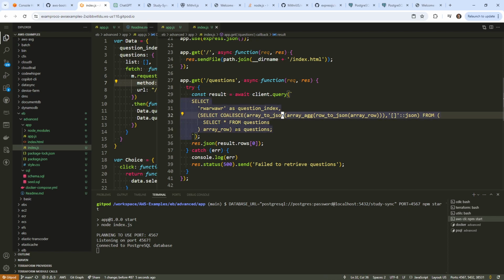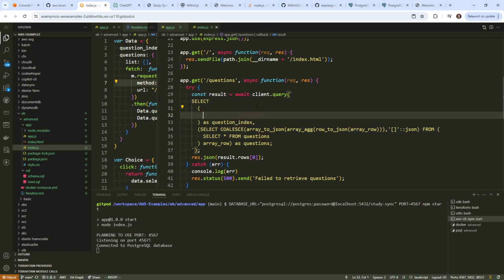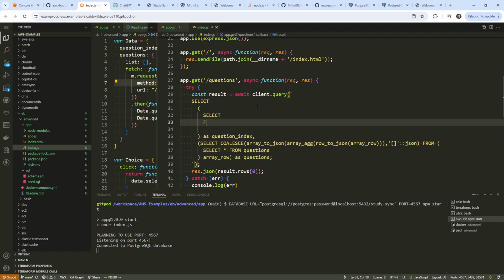Then we have array a row. So the idea is that this data is mapped over to there. So our query goes here, then goes into there, and then returns as questions. Hopefully that was clear. But yeah, learning SQL is fun. Anyway, so I'm going to go ahead and make a new subquery here. And this one is going to be select all from